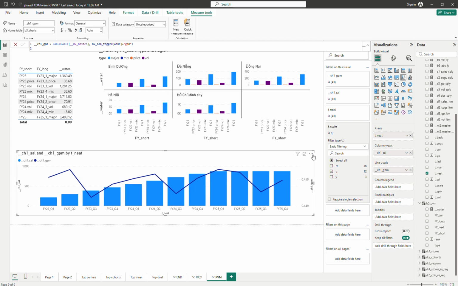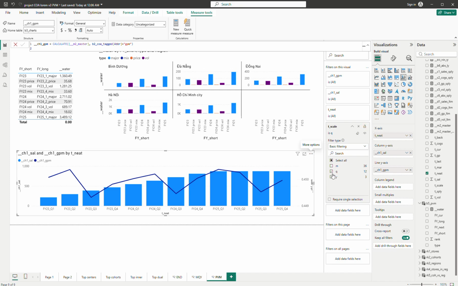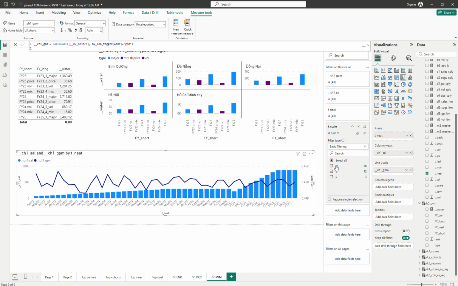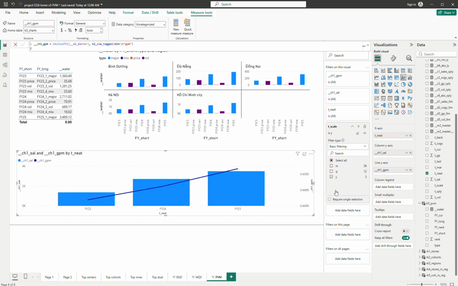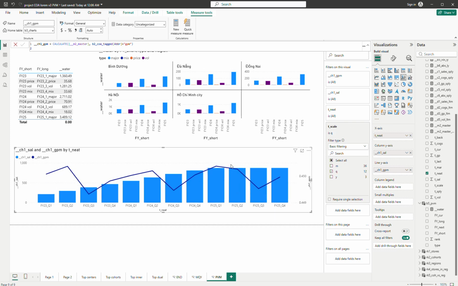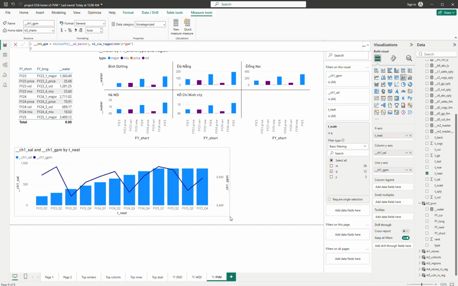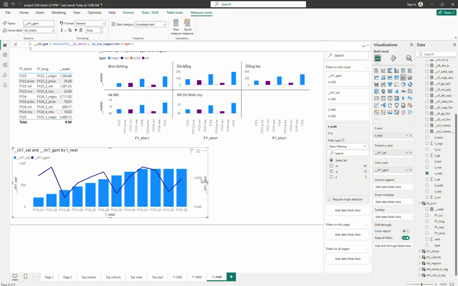Okay, so I sort this one by the time, ascending, and then it will work with the other scale as well. So this one is for the monthly scale, and this one is for fiscal scale. We can draw one by one, or actually you only need to draw one chart only, but then you can copy the chart in to